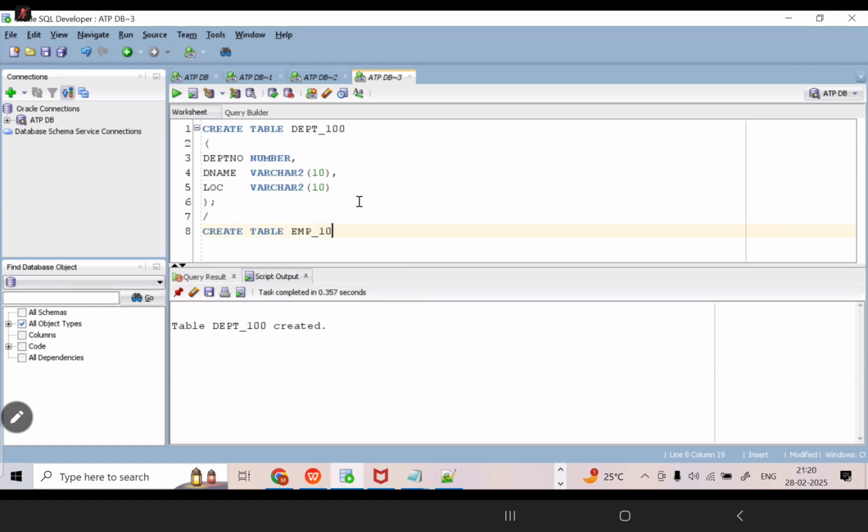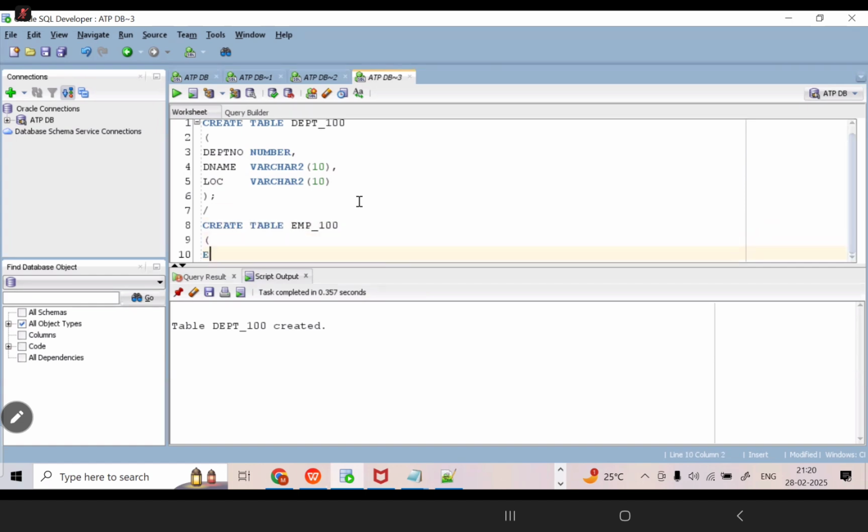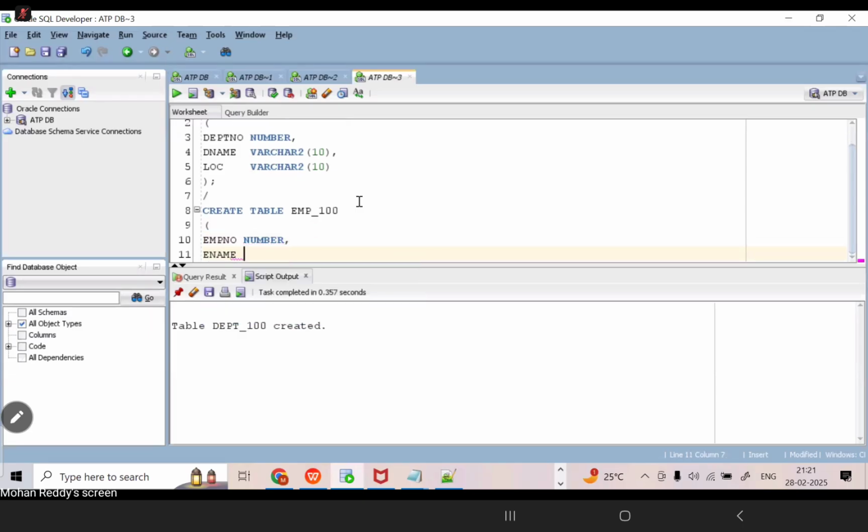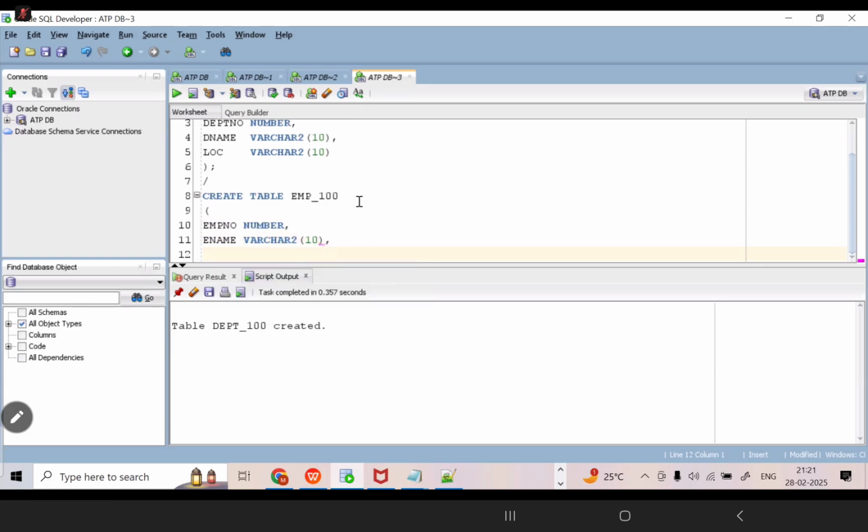Sorry. Now here I can take the columns: employee number, employee name, varchar2 of 10. I can define the salary as number. Now here, department number. Now you can tell me for this scenario, which one is the base table, which one is the